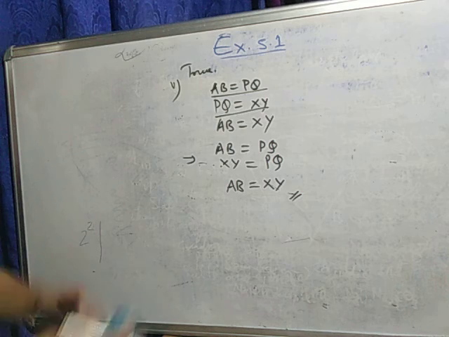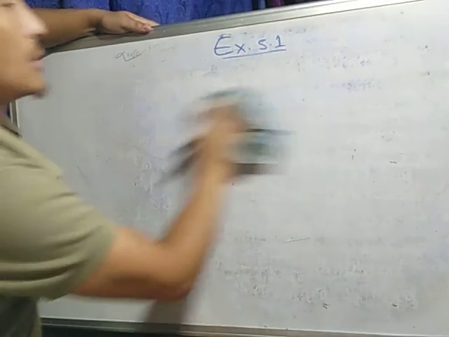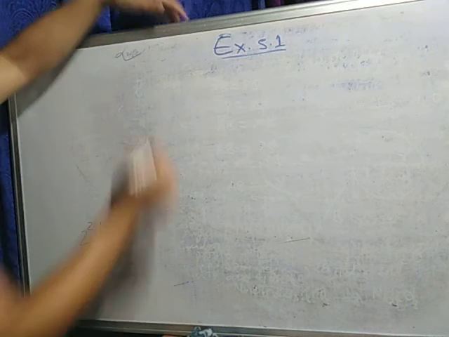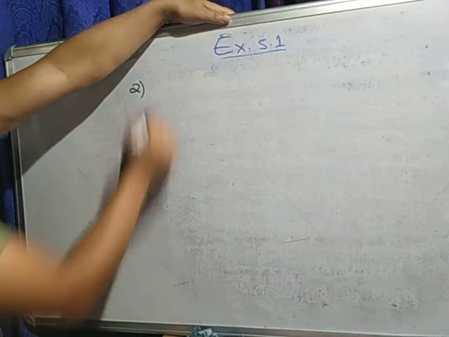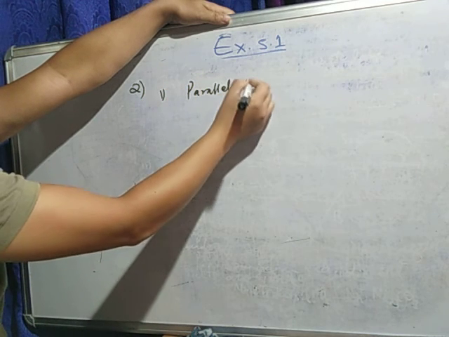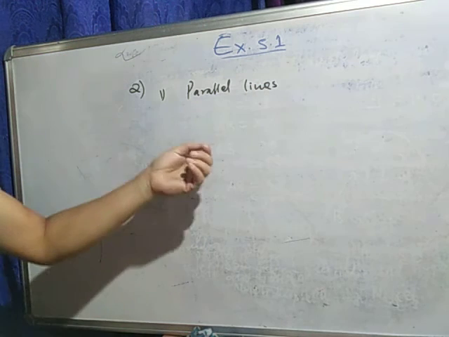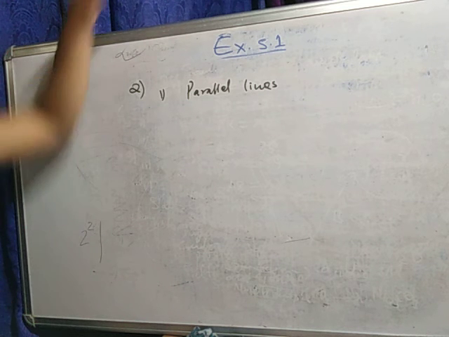Question number 2. Write down, pause the video and write down. Let's start question number 2. Give a definition. You have to define parallel lines. First, define the following terms. Are there other terms needed to be defined first? What are they and how might you define them? So write down parallel lines.